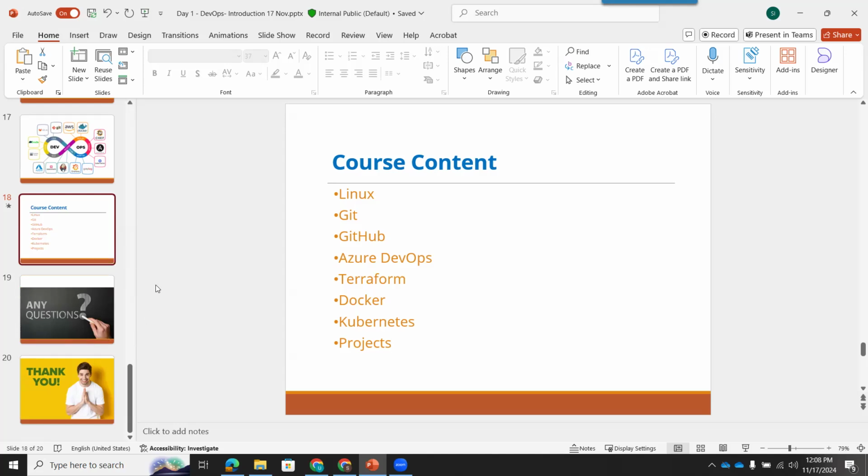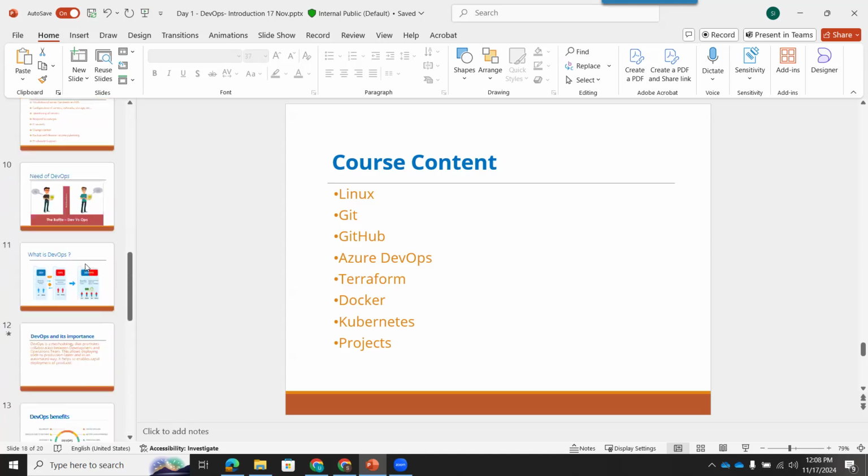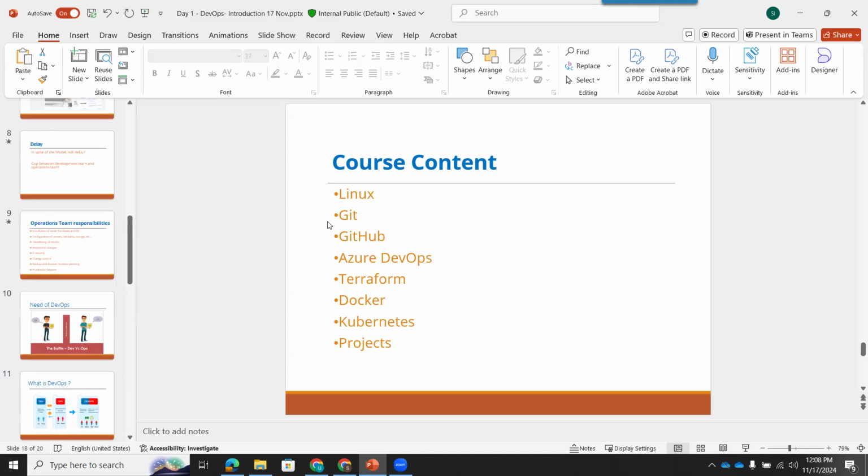Okay. So projects, for example, let's say we have learned these tools: Git, GitHub, Azure DevOps, Terraform, Docker, Kubernetes. We need to bundle them, and then we will use all the knowledge in a project, and you will have the experience. You can even put those projects on your resume as well, because we will have industry standard projects, so that you will have the real-time experience of working in industry. And after completing this course, you can showcase 2 to 3 years of DevOps experience.